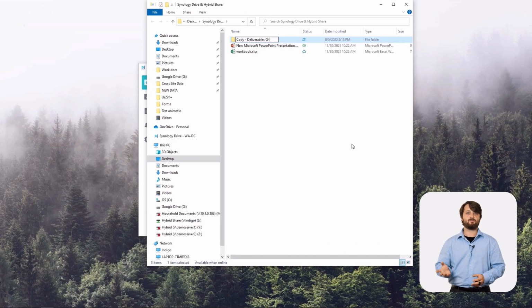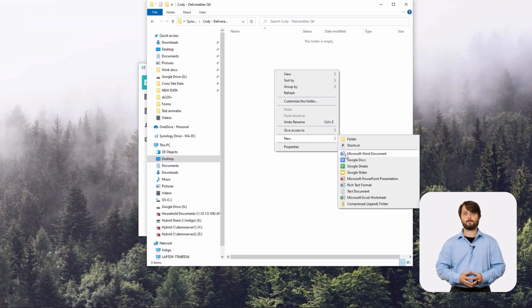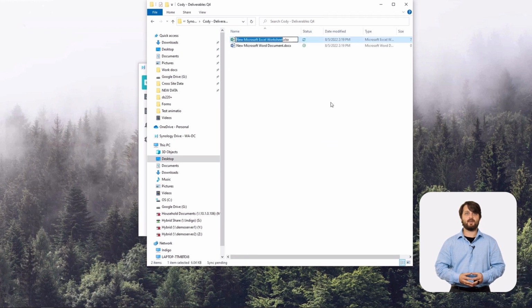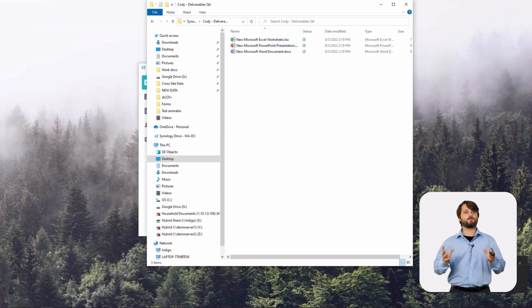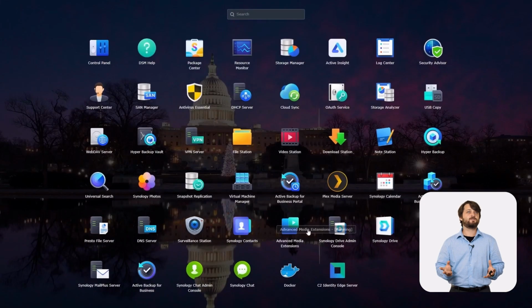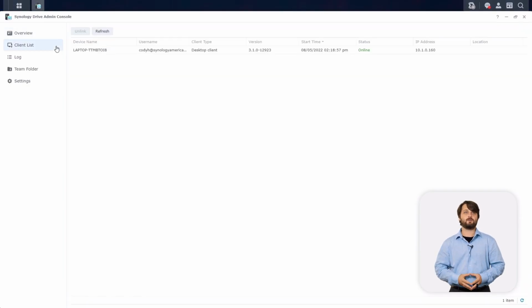And you can see on the bottom right that it's automatically making these changes to HybridShare and syncing it to the Synology NAS it's paired with. So we're going to start dumping in some new files here. And we have a few files now in our deliverable folder. And we're going to hop back over to our Synology NAS that we're syncing with through that Synology Drive client. As we open up Synology Drive admin console, this is just proving that we are paired back to this Synology NAS using our C2 identity credentials.